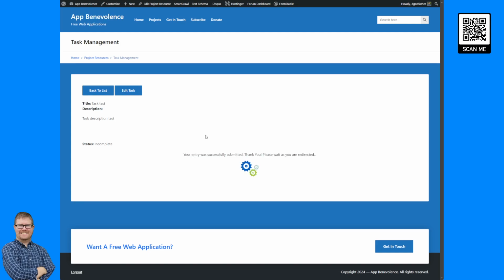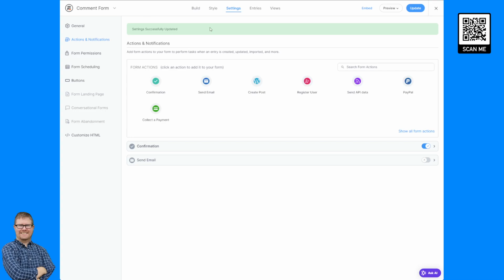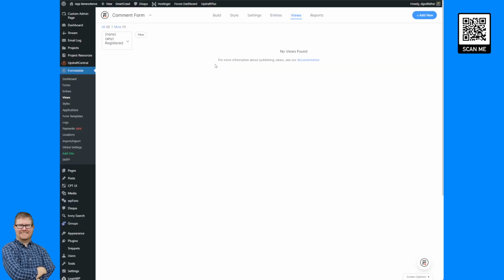See what kind of magic happens. Goes, your entry is expected. Refresh the page. We don't have anything to show the comments at this point, so it's just going to repeat and show the comment field. But now let's flip back over and let's build a view for our comment form so we can get that